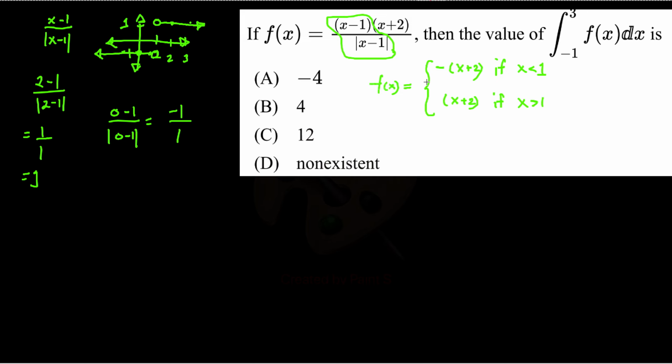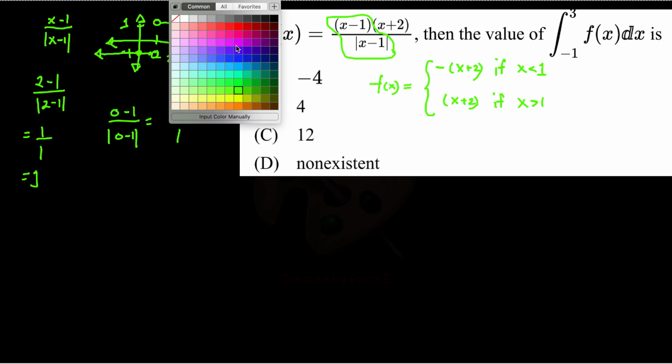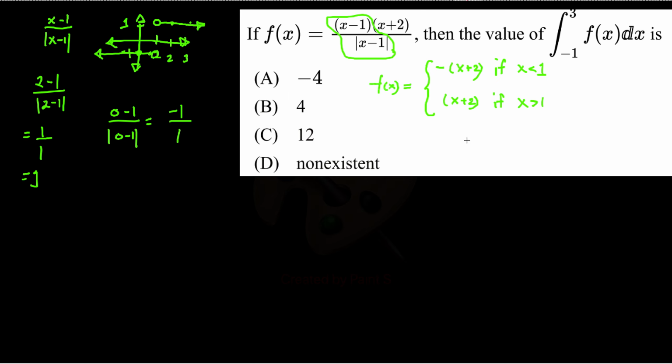And this is what's going to allow me to evaluate this integral. It's going to be much easier now. In this case, I don't need to know antiderivatives to evaluate this integral, and I can just use areas. I can find the area underneath the curve, but I'll just practice finding antiderivatives and using the fundamental theorem again. So I have, let's make it a different color. Let's say pink. So I want to find out the integral from negative 1 to 3 of f of x